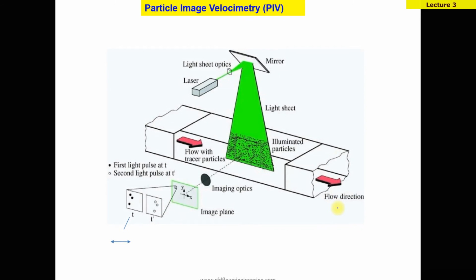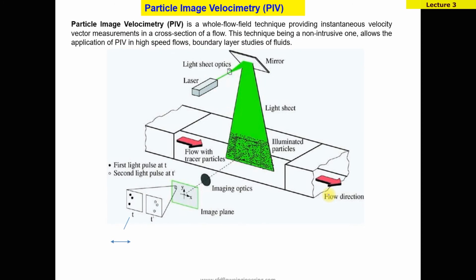Particle image velocimetry is there, which is popular in academia, also in research. Particle image velocimetry is a whole flow field technique providing instantaneous velocity vector measurement in a cross section of flow. This technique is non-intrusive, that means we are not disturbing the flow, and it can be used for medium speed flow. Here a laser gun is there, that passes through a mirror, and then it creates a laser sheet, a laser light sheet,